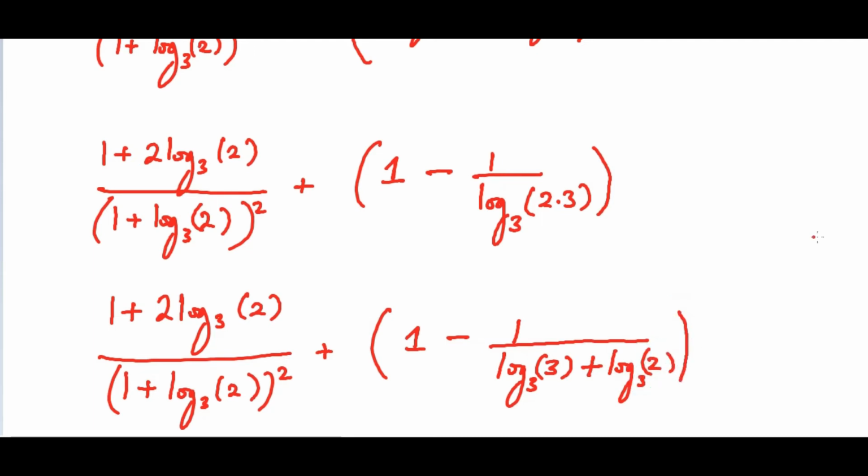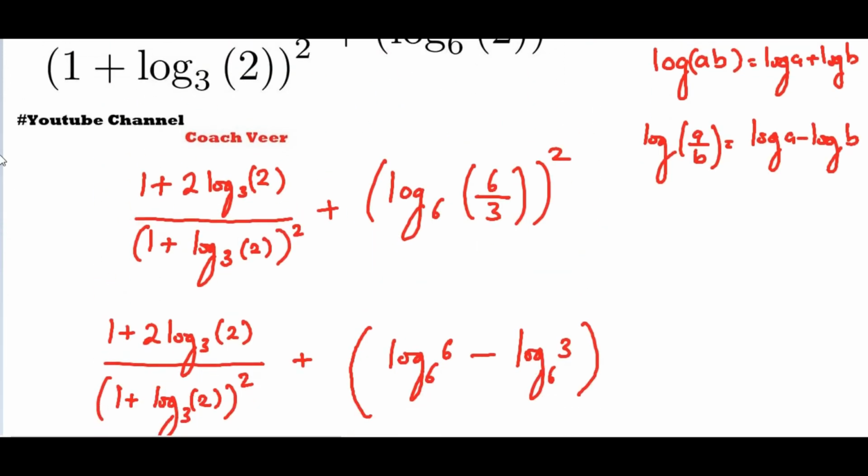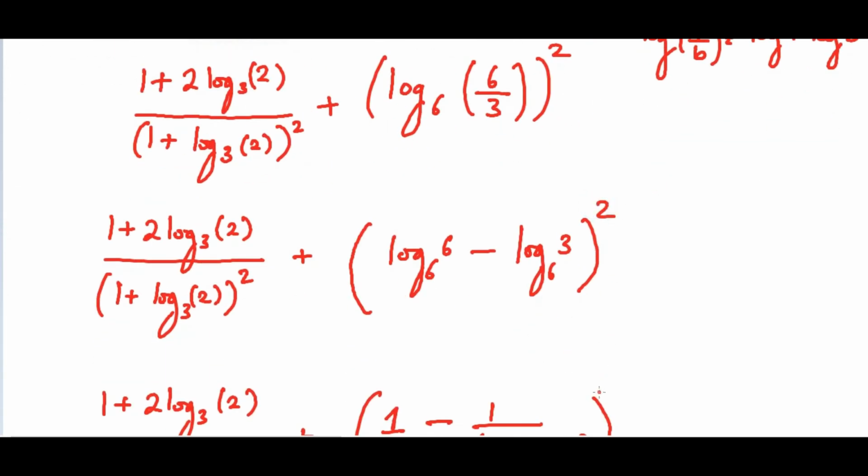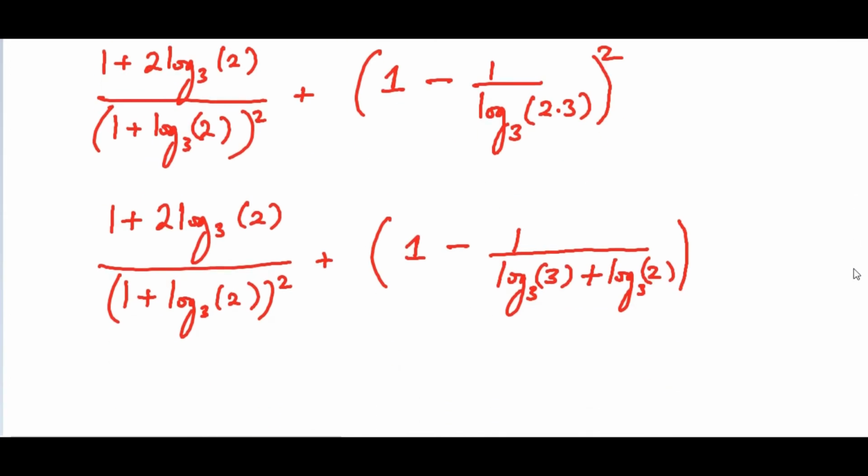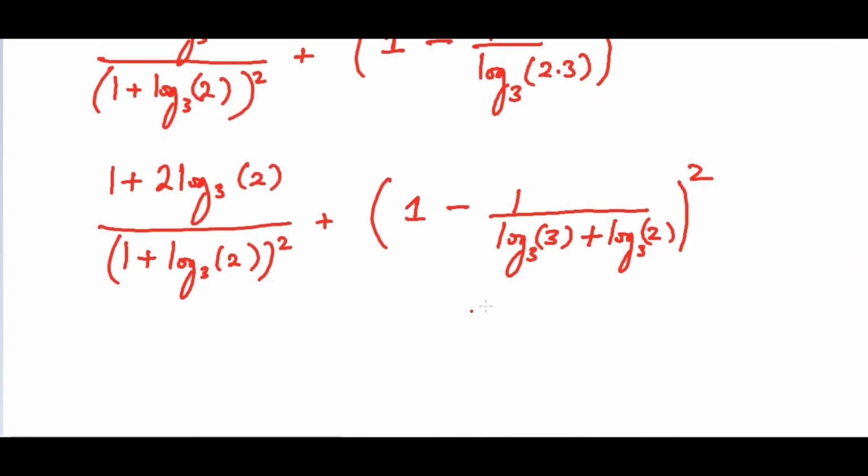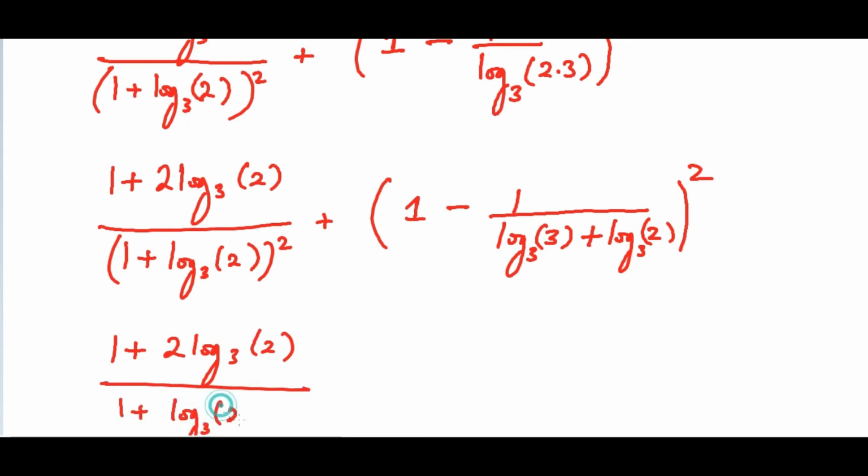Now what else are you seeing? What else are we missing? We miss the square. Yes, this square is already there. So here this is going to become 1. Now 1 plus 2 log of 3 base 3, 1 plus log of base 3 of 2, whole square